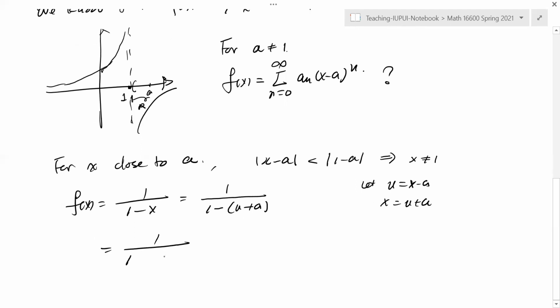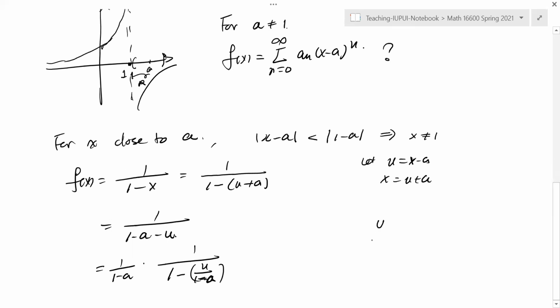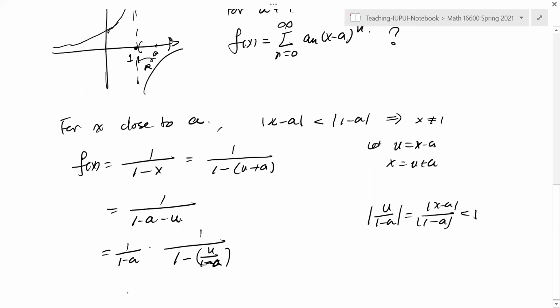So I get 1 minus a minus u. Then I take 1 minus a out. So I get 1 minus u over 1 minus a. Okay, so this is something here, right? Now, what I see is the absolute value of u over 1 minus a. That is going to be 1 minus x, right? And we already assumed that this is less than 1. So great, so I can have